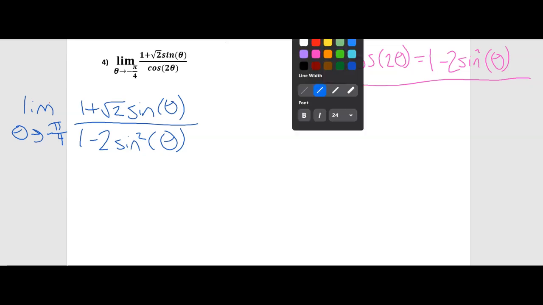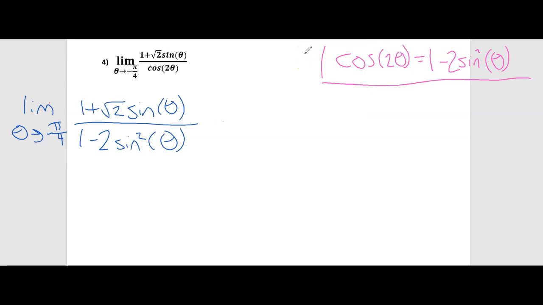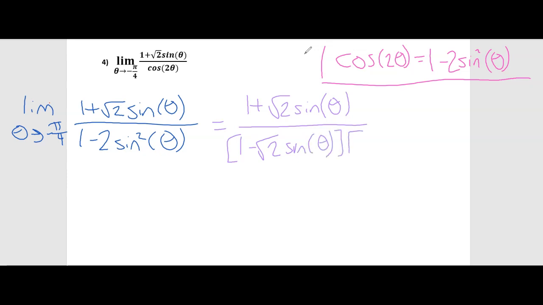And if we do that, we should start to see that it's going to look similar to our numerator. In our denominator, I'm going to get 1 minus the square root of 2 sine of theta times the quantity 1 plus the square root of 2